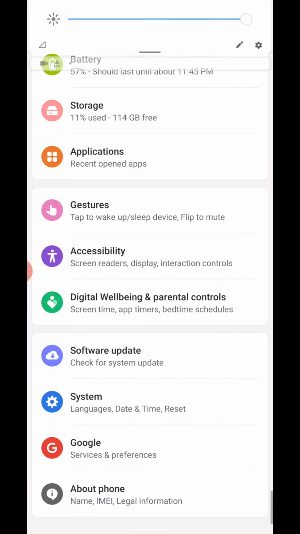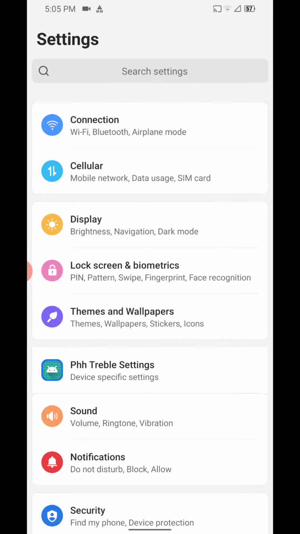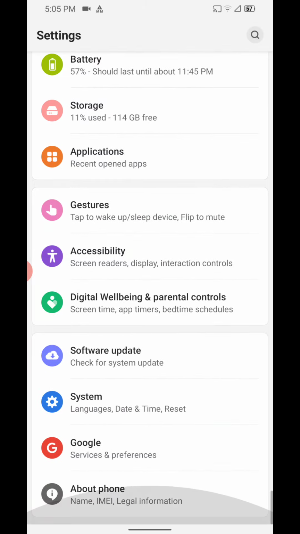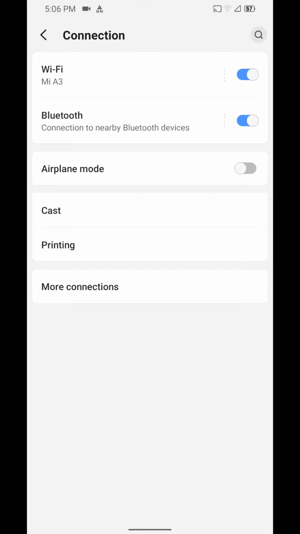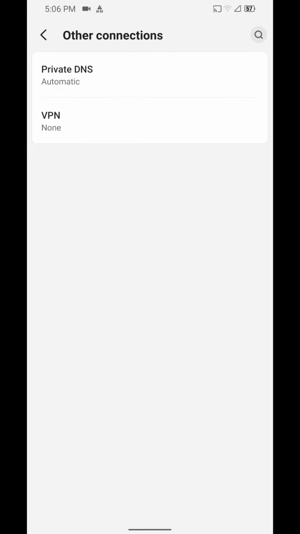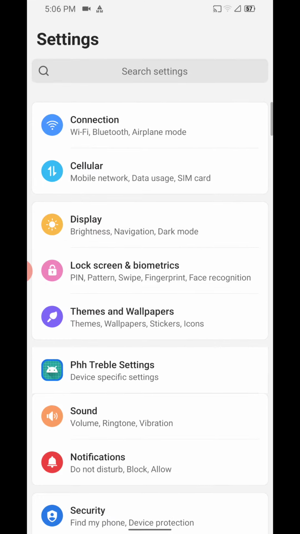So now let's get to the settings. As you can see in the settings, it is also similar to the One UI. You also have the option to search the settings, which we normally have on Android 10, but it's very similar to the One UI. In the connections also, you can see the icon toggles. If you are already using a Samsung phone, you must know that it is as good as One UI. So we have all the functions that are required in the connections section.